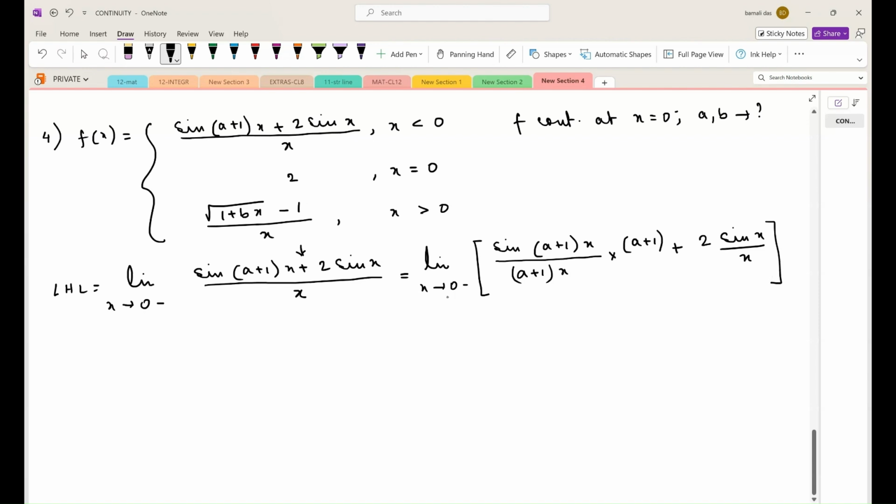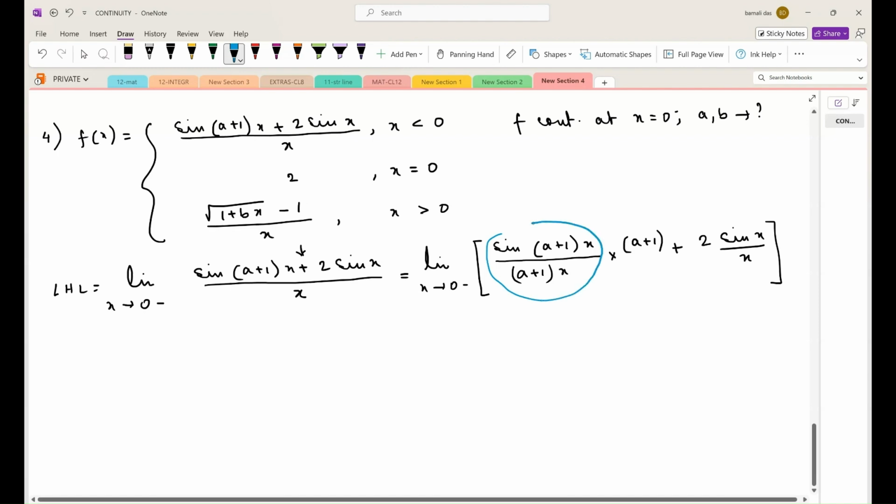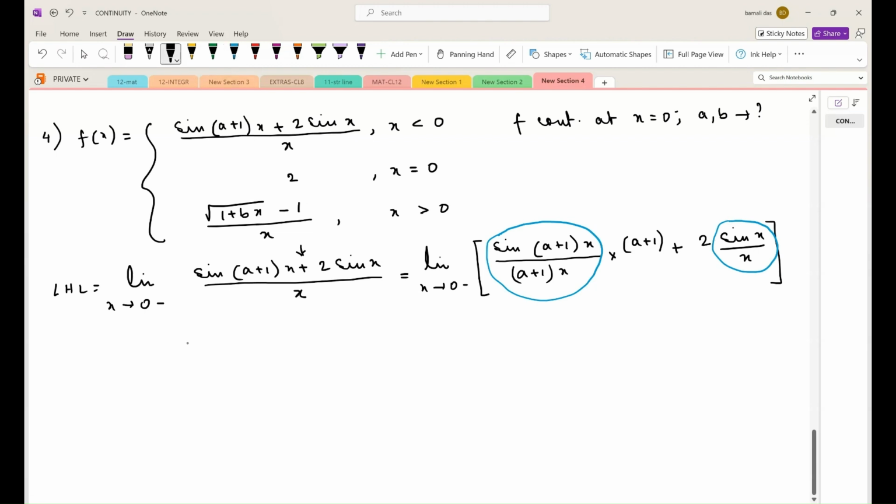So now you can see, as x tends to 0, this part sin(a+1)x by (a+1)x will yield the value 1. As x tends to 0, this part will yield 1. So ultimately the value becomes a+1+2, that is a+3. So that's my left hand limit. Right hand limit,